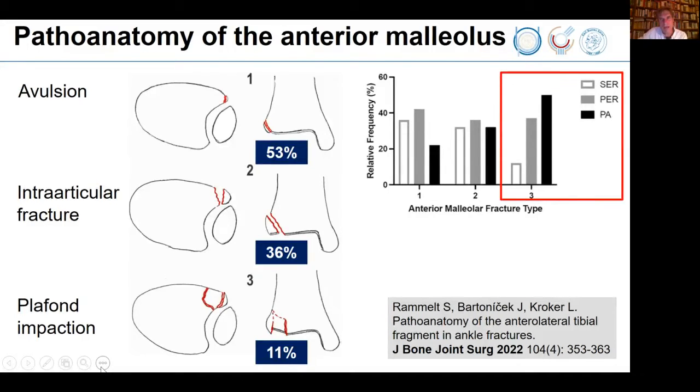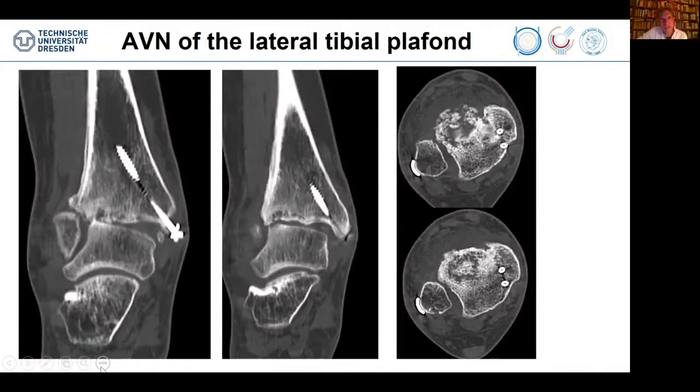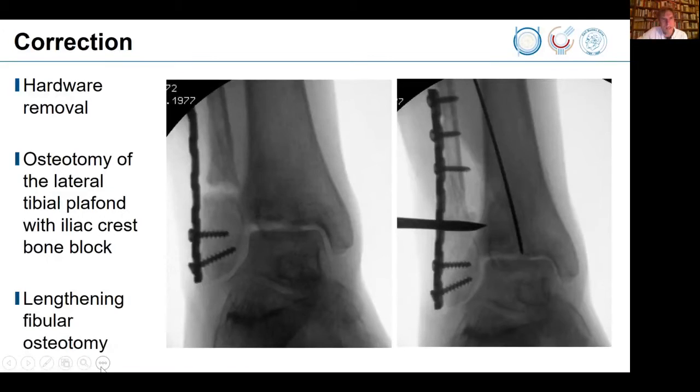And interestingly, when we analyzed them, we saw that the majority of those cases were initially pronation and abduction fractures. So here we probably have an overlooked impaction of the lateral tibial plafond, of the anterolateral only. And this patient didn't want a fusion, although you can easily see that this joint is far from being innocent. But we promised to try our best.